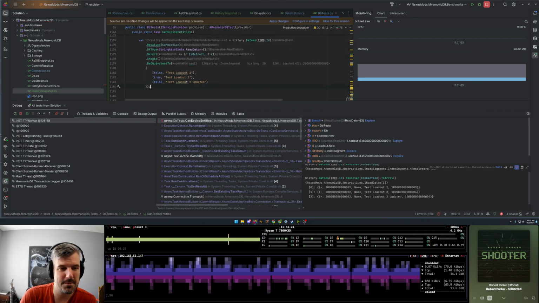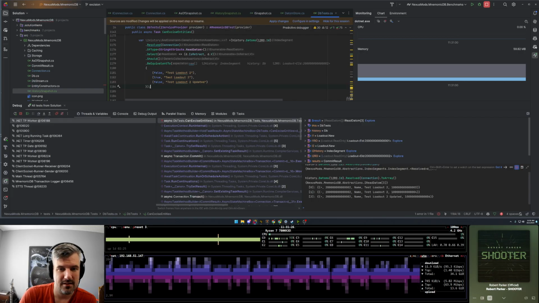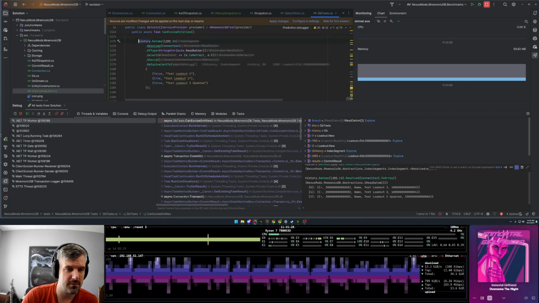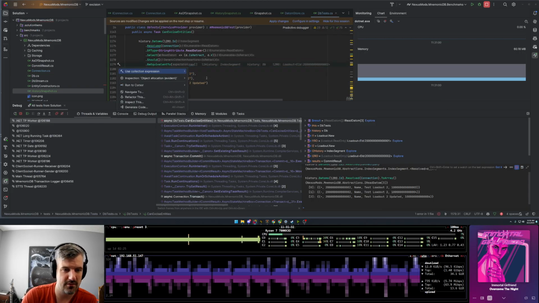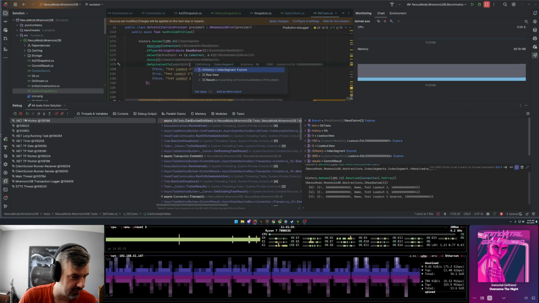And actually, ChatGPT was able to just catch what the actual type of everything is there. It's pretty cool. I love that.